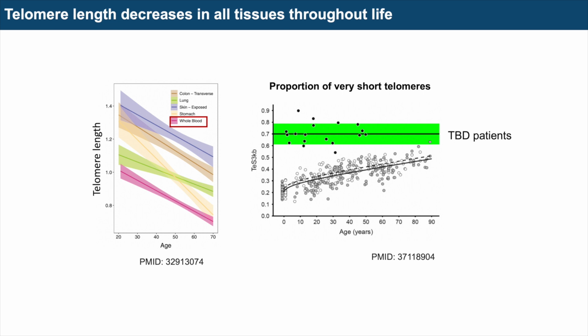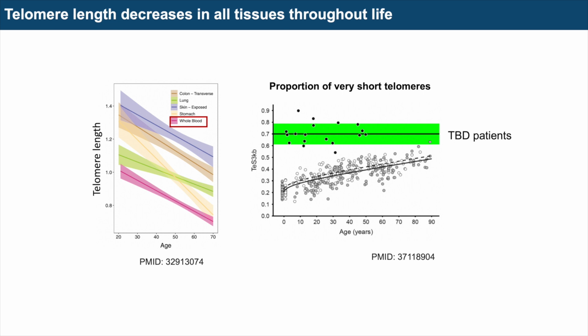And this makes sense as we think about the stem cell dividing to produce all the healthy blood cells that we need. Now, how is this different in patients with telomere biology disorders? And so this is a wonderful study published by many, including Dr. Savage in the background here, in which they looked at telomere length not only in healthy adults, but also in patients with telomere biology disorder.